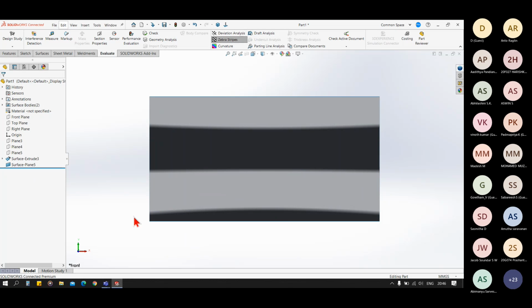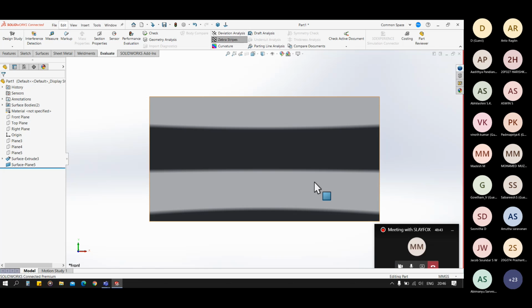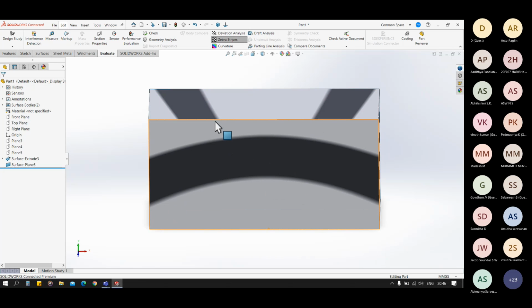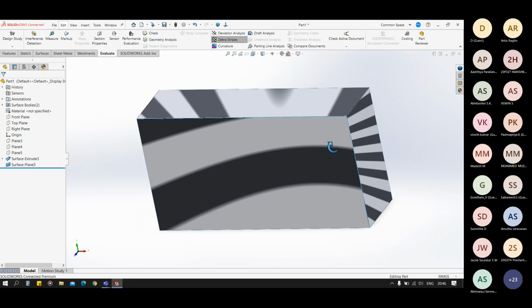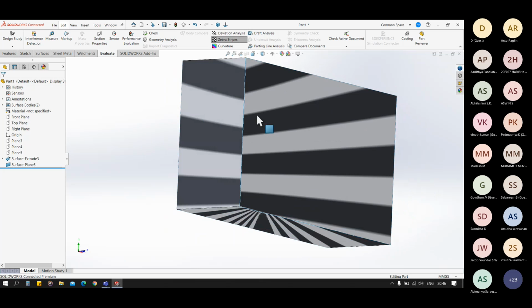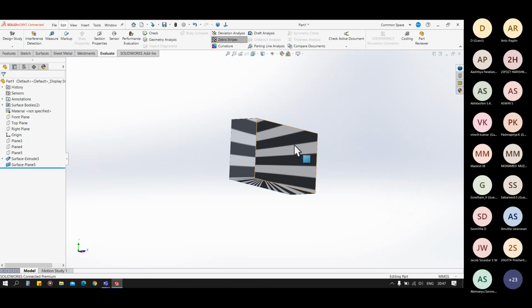You can see zebra stripes are straight on the plane surface. When you change the viewing angle, you can clearly observe the discontinuity on this edge. And similarly, in this edge, you can see the discontinuity.